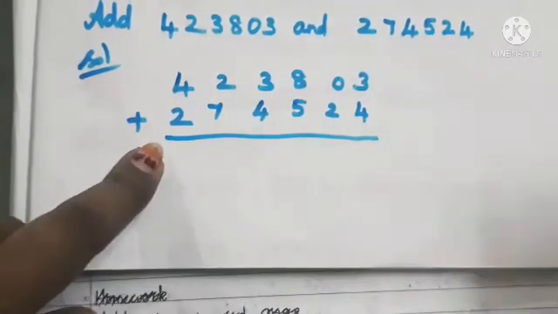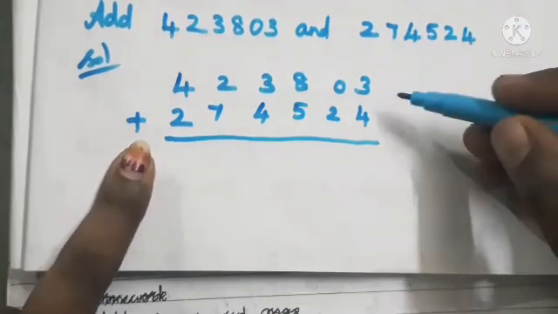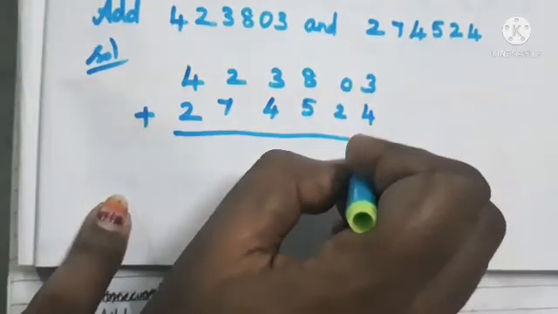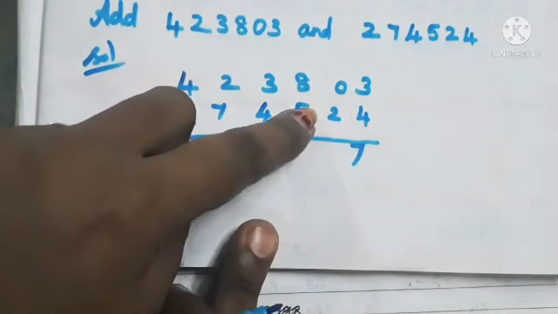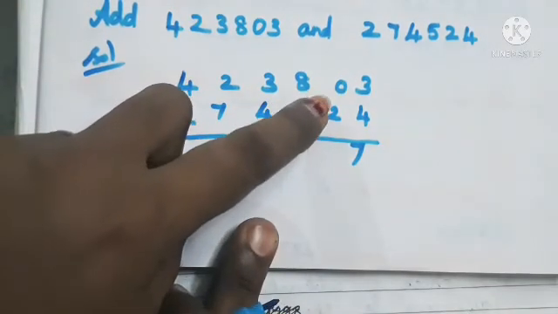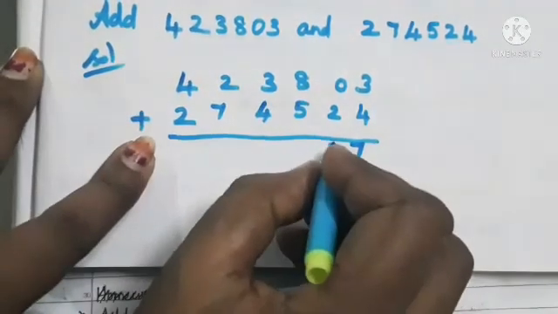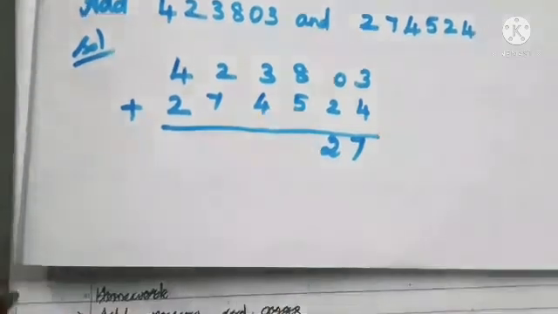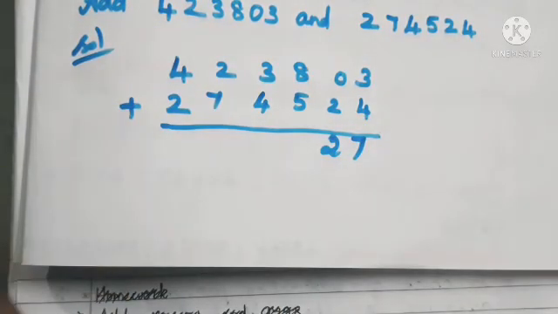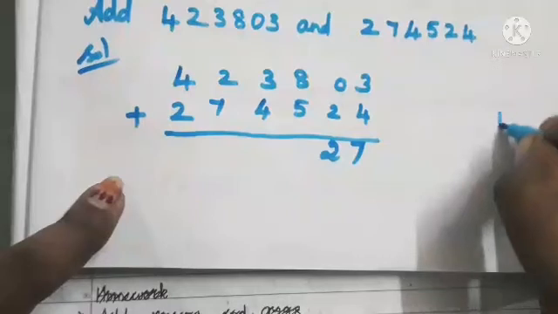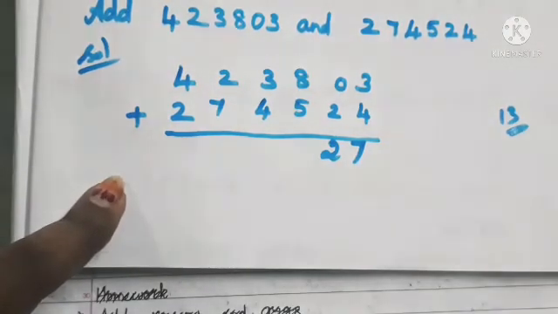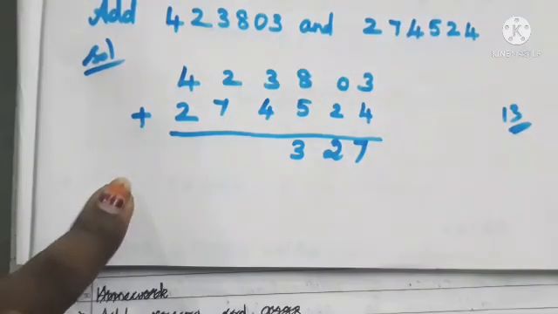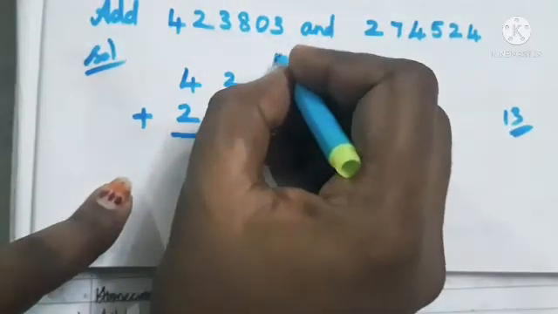First from the 1's place we have to add. So 3 plus 4 is 7. Next 0 plus 2. We know if you add a number with 0 you will get the same number, so you will get 2 as the answer. Next 8 plus 5. 8 in the mind, take 5 in the finger. 8, after that 9, 10, 11, 12, 13. So we got 13 as the answer. We write 3 in the sum place, that is the result place, and we write the 1 in the next number above and circle it.